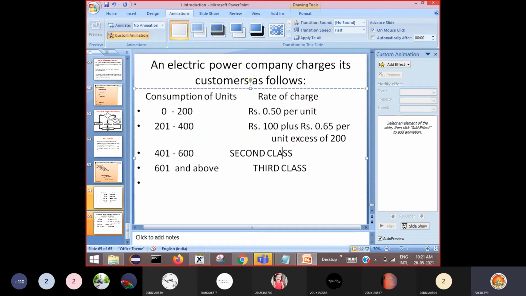This is the way they charge if the number of units consumed is between 201 to 400.